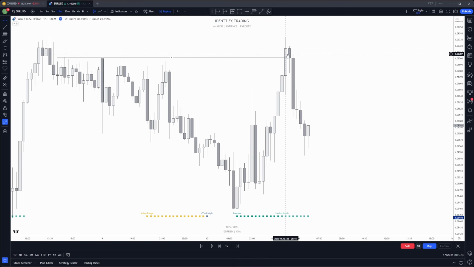And on the 15-minute, what do we see? During London, we actually swept all of these relative equal highs that we created right here, and we had a really strong impulse push down. Now, we know that the market is doing one of two things. It is either going to be liquidating or it is going to be rebalancing.